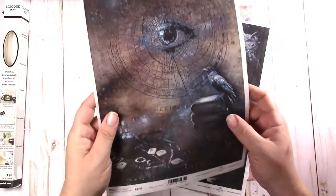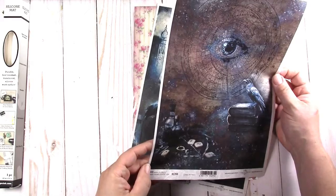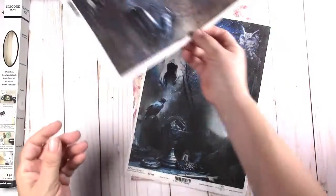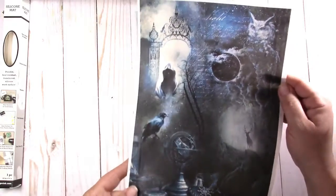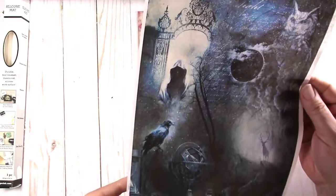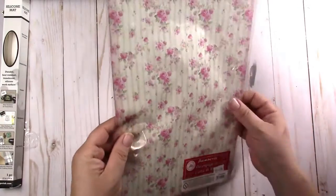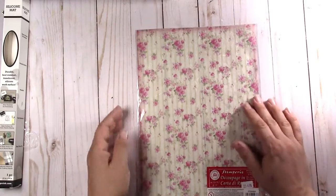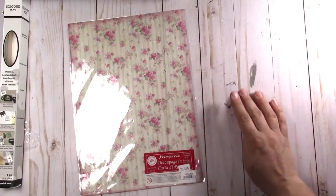Another Itd rice paper. I really like these. It doesn't say what the name of the rice paper is, but they're kind of Halloween-like or just fantastical, which is completely my thing. So I really like that. And then I got this Stamperia pink roses, which reminds me of like a wallpaper, which is going to bring me to my Stamperia,